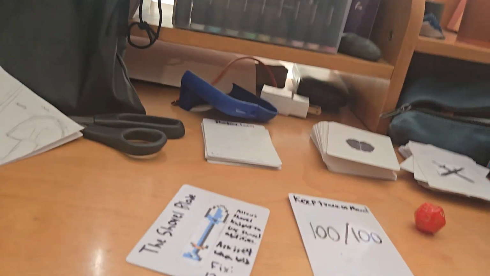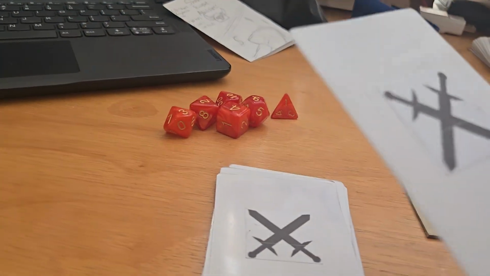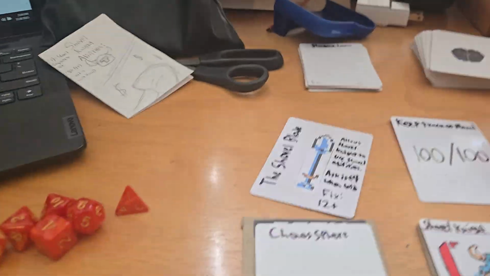So now that I have my attack cards, I will just, right now, perform a basic attack. So that is 16 damage already, and